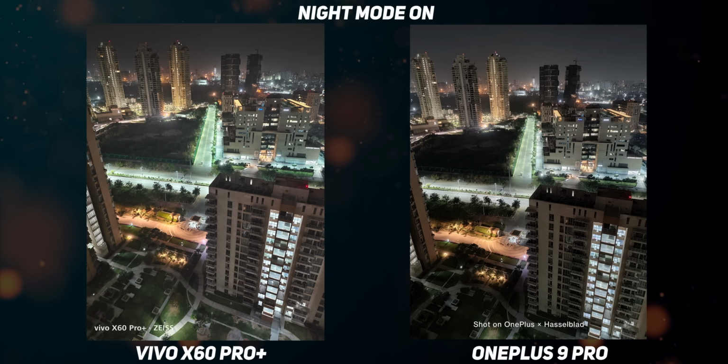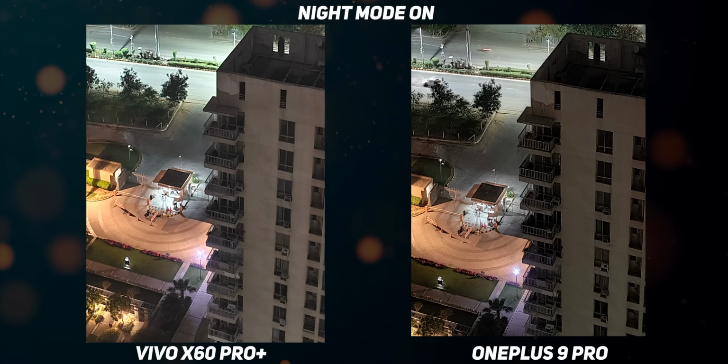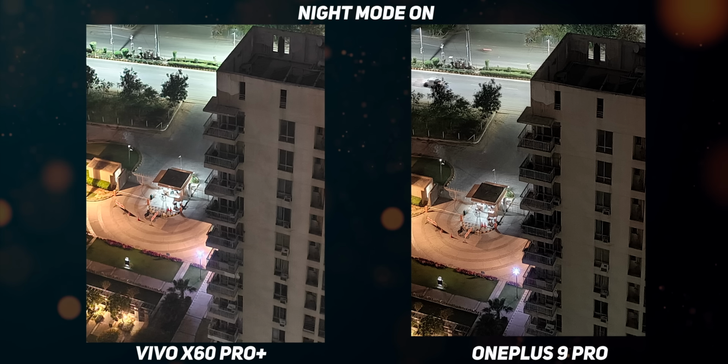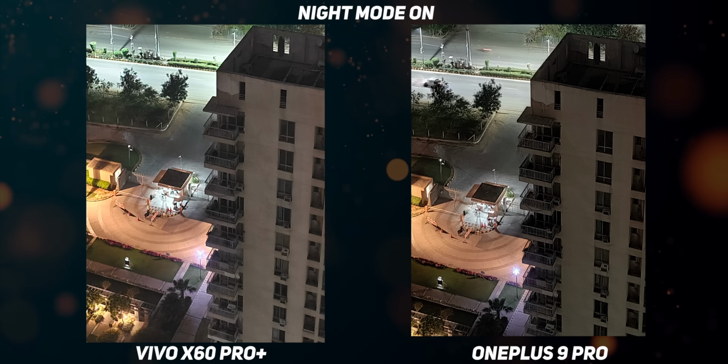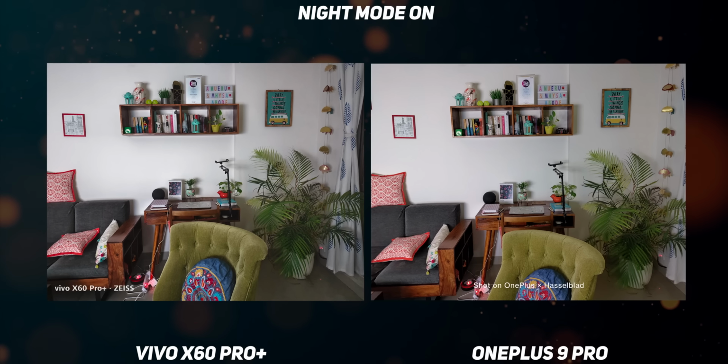With night mode and nightscape on, the X60 Pro Plus continues to offer better light sensitivity, but OnePlus tends to add to the sharpness and texture noise too as a result. Where Vivo looks soft, OnePlus looks sharp but with artifacts. Both the Vivo and OnePlus offer some fun night mode filters, and you can see how Vivo's night mode cyberpunk filter is actually slightly better looking. Anyway,